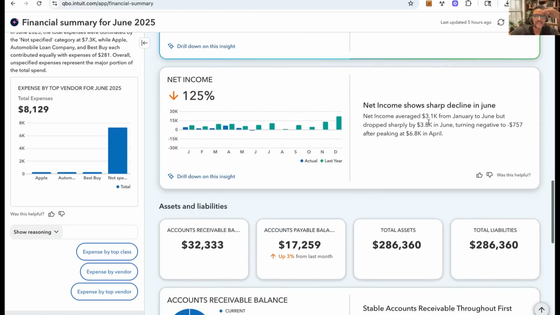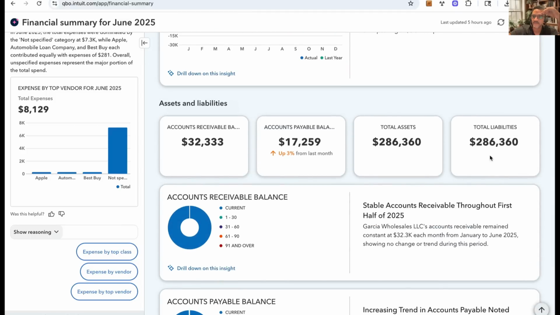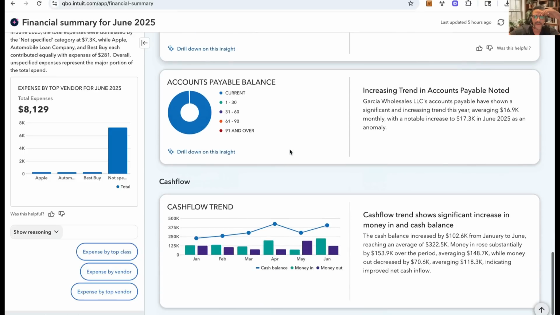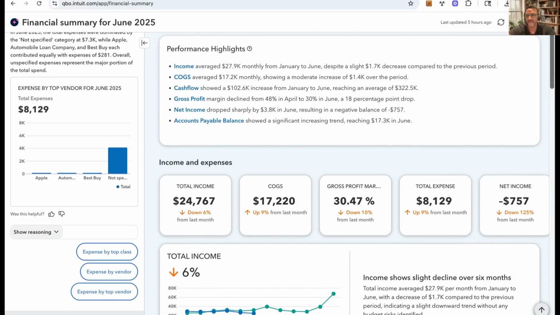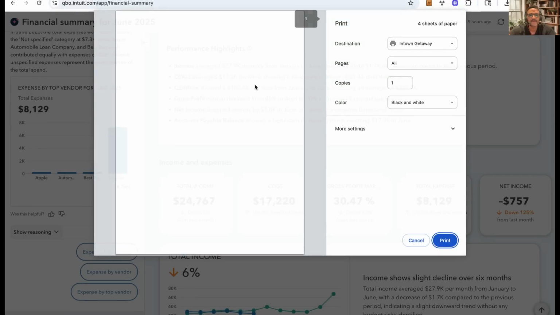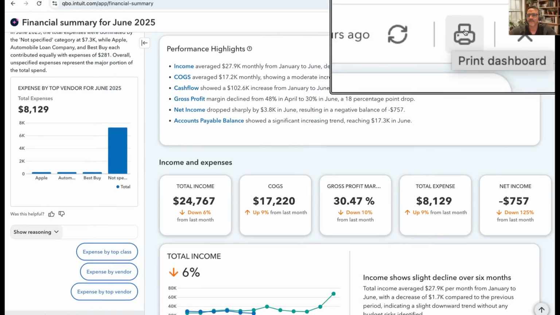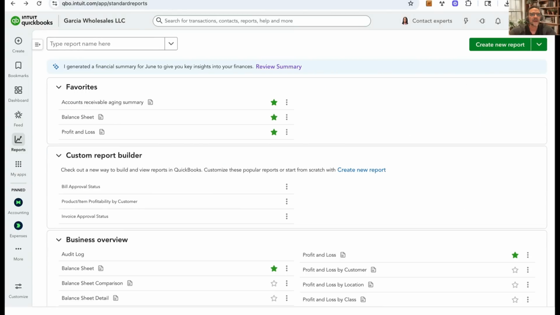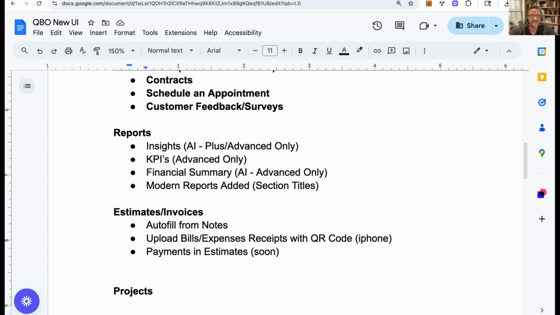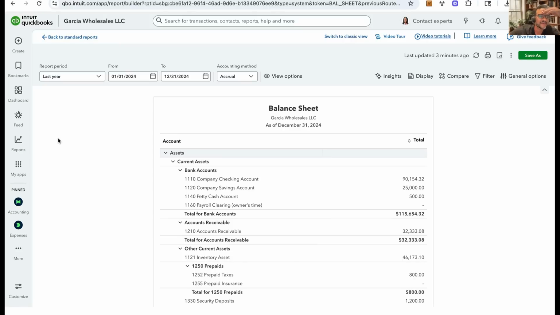So it's actually a really, really interesting report. Some high level numbers here from the balance sheet, cash flow trend. Really, really cool. I like it. And then there's a print button here and that creates a nice printable dashboard as well, which is really cool. So that's the financial summary that we covered, and I want to show you KPIs, which is only available in